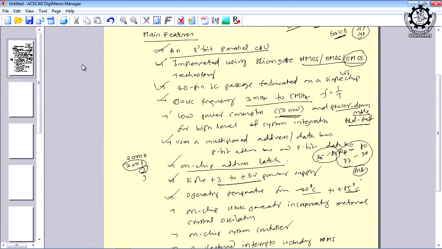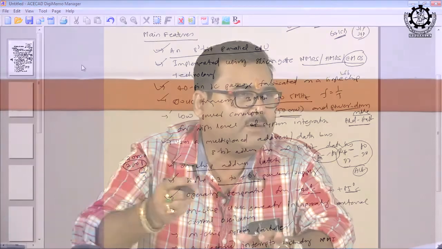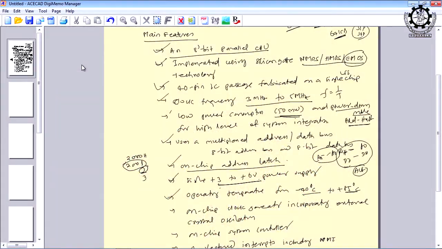So, it can very well work in normal temperature, and it can also work wherever you deploy this microprocessor where the temperature is in the minus degrees, because these microprocessors are designed to be useful throughout the world. It is not for India or for a particular country. Therefore, the temperature varies from minus 40 degrees to 85 degrees, and since the upper limit is 85 degrees, it can also be useful for industrial environments, and that is the reason why most industries use the 8085 as the microprocessor for controlling their process.